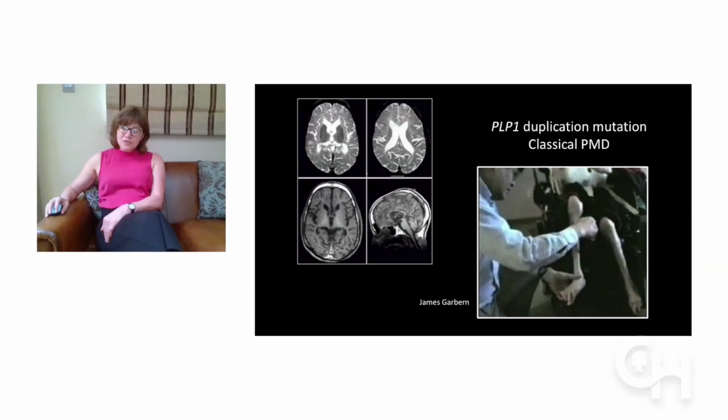So we recently described MRI and clinical findings in 2 patients with classical forms of Pelizaeus-Merzbacher disease due to proteolipid protein 1 duplication. These were brothers, and they are being examined here by Jim Garbern when he worked at Wayne State University. And as you can see from the picture, the patient has very little muscle remaining in the lower limbs,